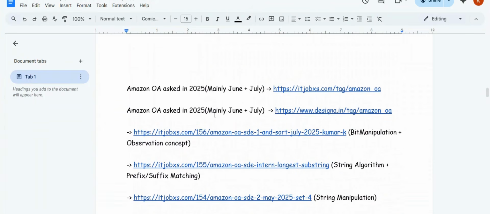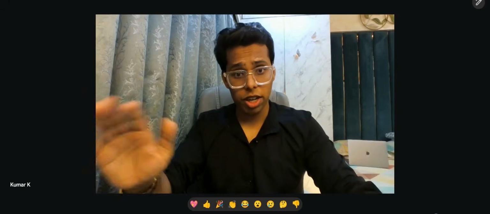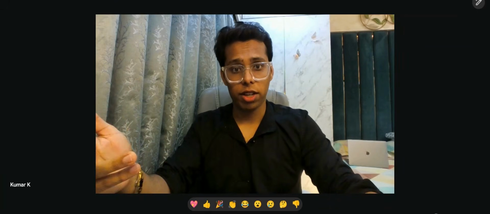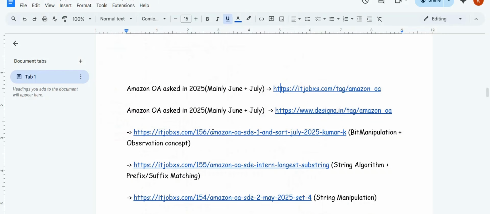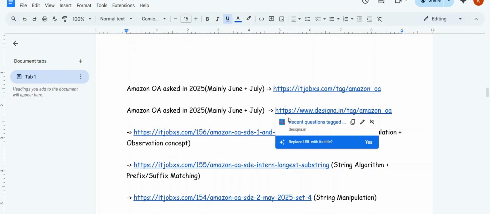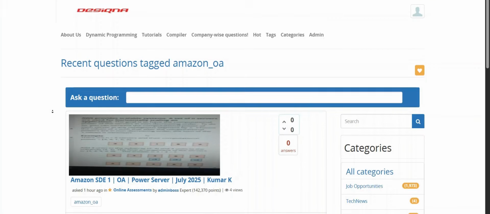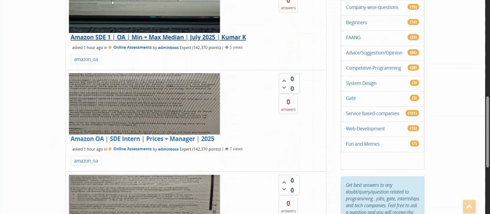I basically graduated somewhere around 2021. Now, guys, all the Amazon OA asked in 2025, you can check out in this link. I'll try to be as quick as possible and not take your time. All the Amazon OA questions asked in June and July 2025 are here in set one, and set two is here. So please prepare them in advance, because similar questions can repeat. I'm trying to give you the best material which I have. These are all the questions asked in June, July, so prepare them as well.